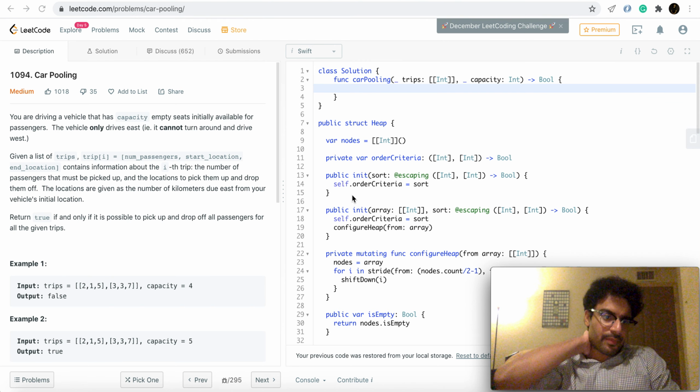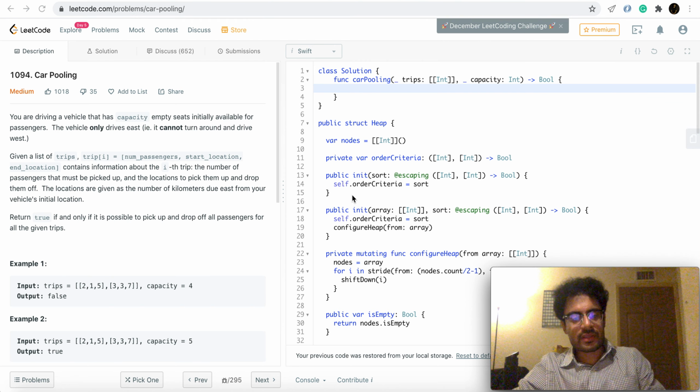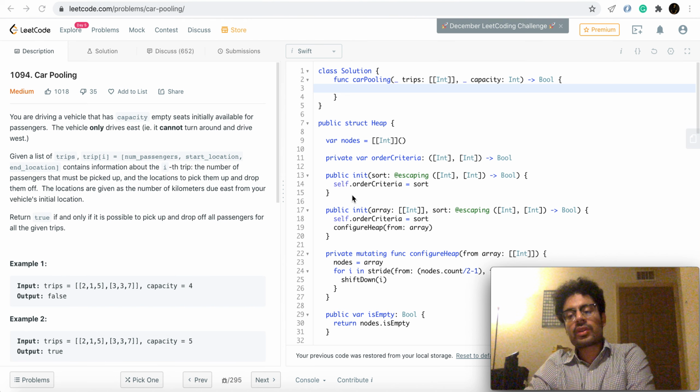I hope you've already read the question. I'm going to dive straight into the solution. What I like about this problem is that the way to arrive at the solution is very natural. It follows a very natural form of thinking. It is how you would think of trips in a real life scenario.